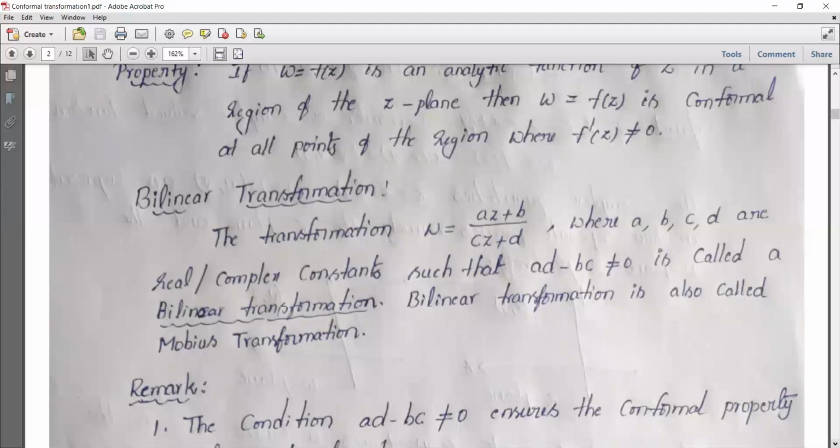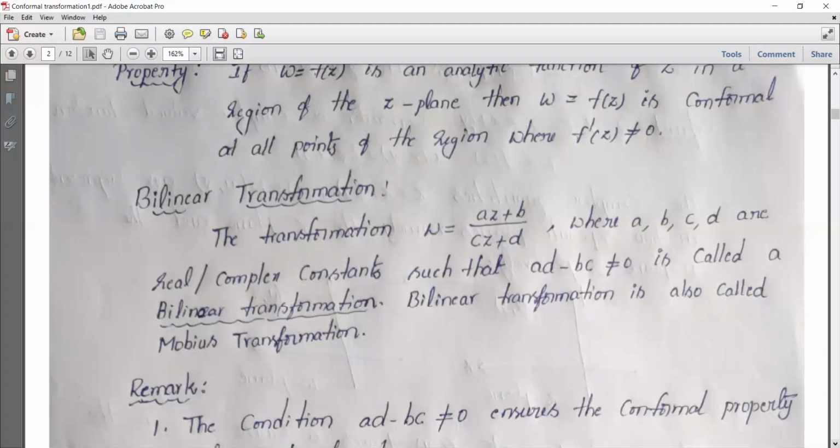But first let me know the alphabets in conformal transformation. Alphabets are nothing but knowing the transformations. What is W is equal to Z square transformation? What does it do? And what is bilinear transformation? What does it do? And what is W is equal to e power Z? What does it do? So all these we learn in this chapter. So first let me start with bilinear transformation.